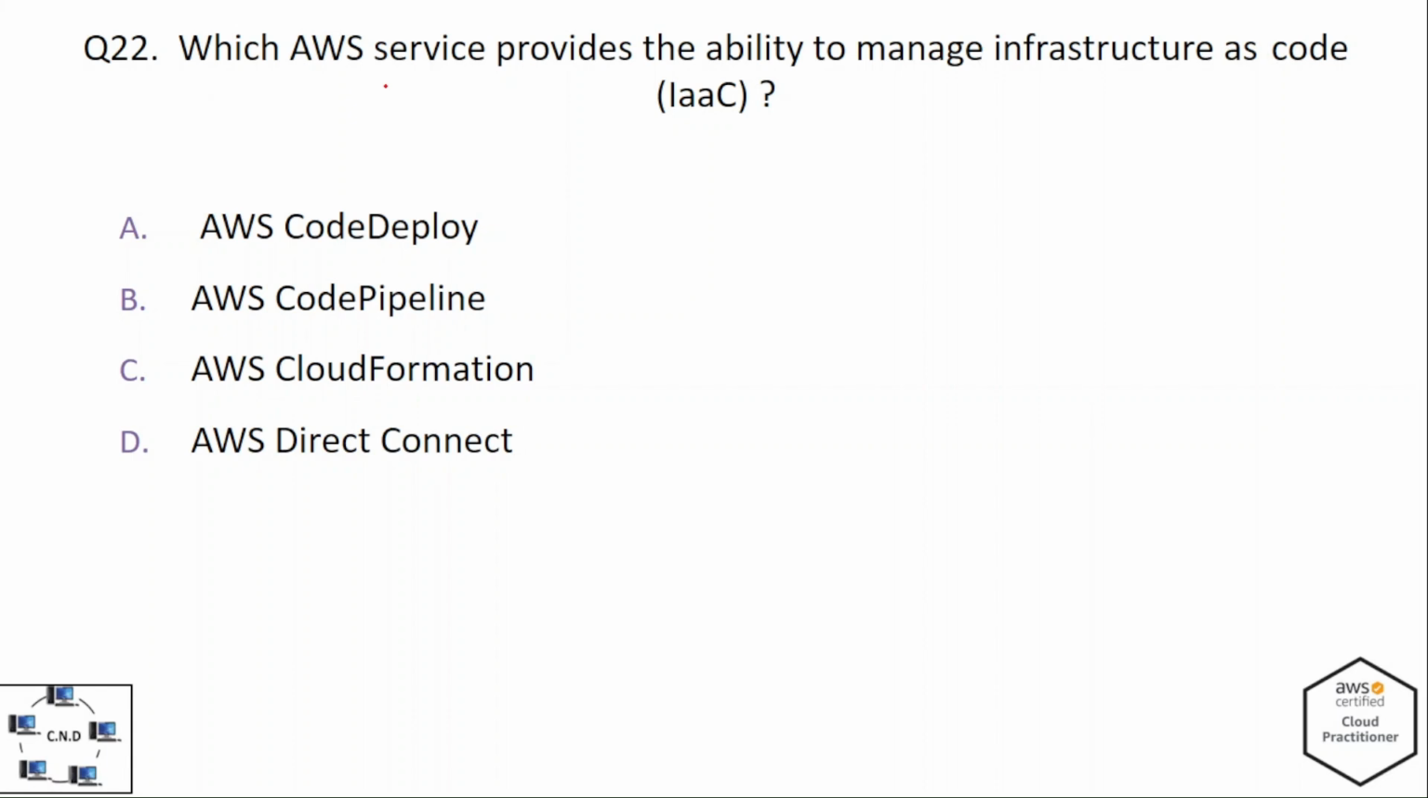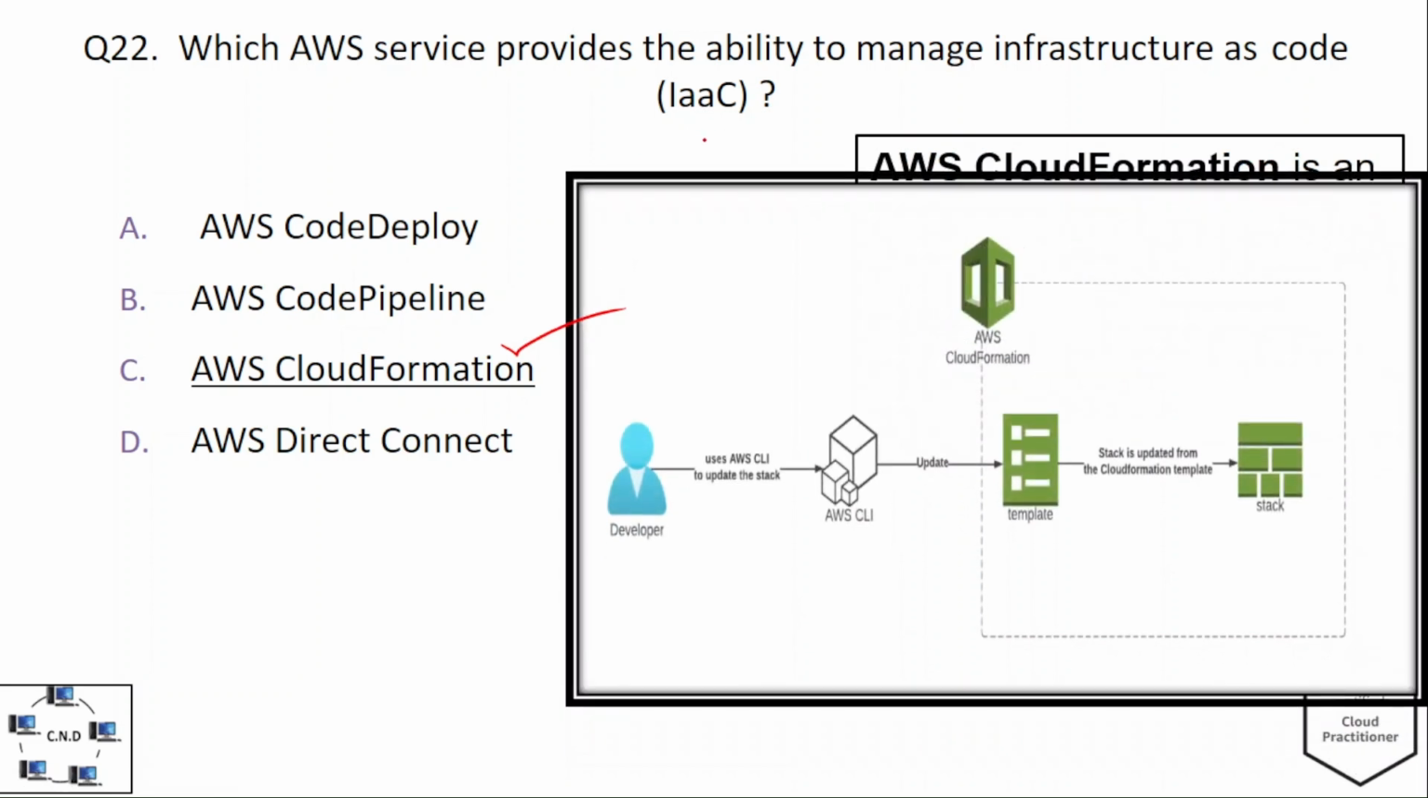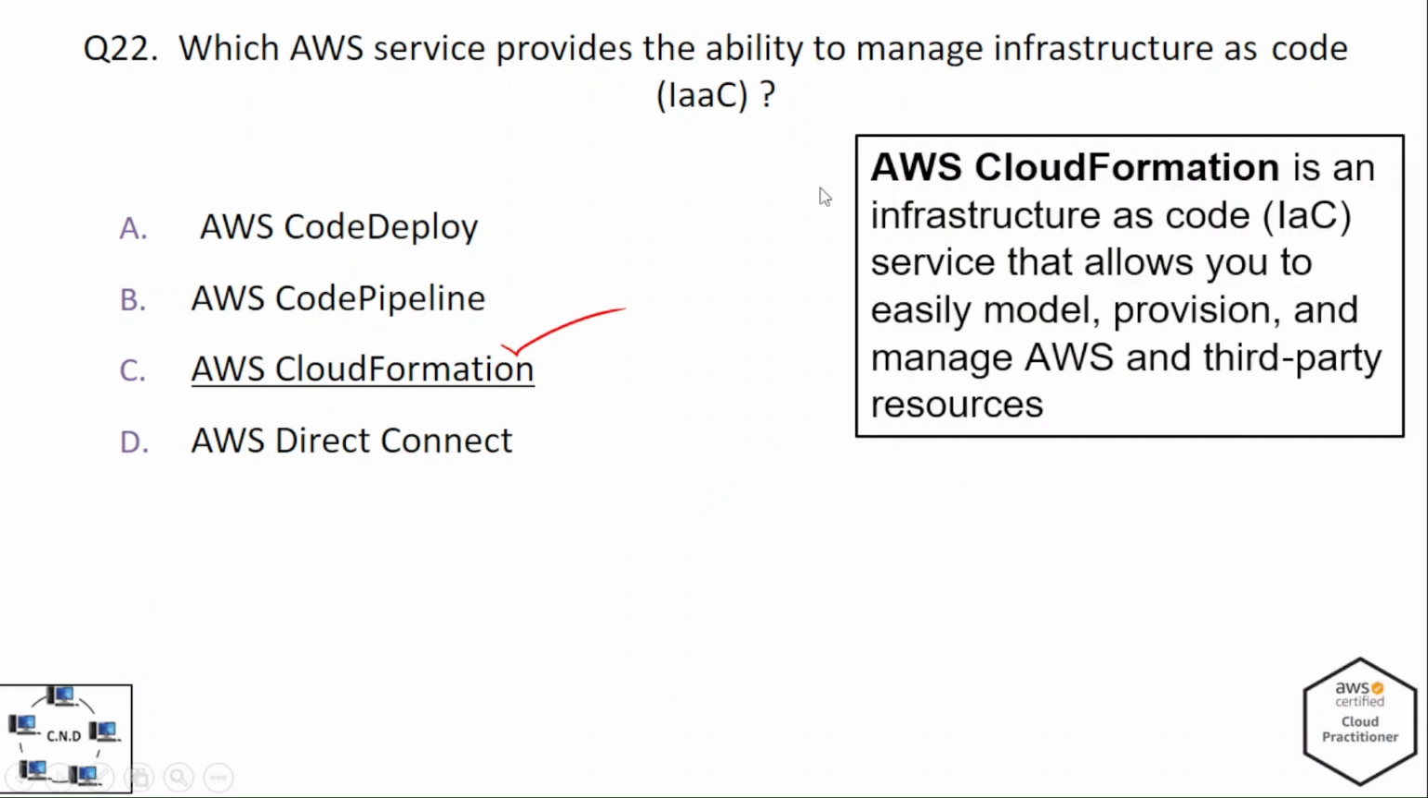Question number 22 is: which AWS service provides the ability to manage infrastructure as code, that is IaC? The options are A. AWS CodeDeploy, B. AWS CodePipeline, C. AWS CloudFormation, and D. AWS Direct Connect. And the correct option is AWS CloudFormation. So AWS CloudFormation is basically the infrastructure as code service that AWS provides, and it